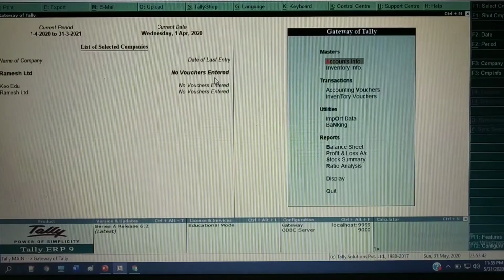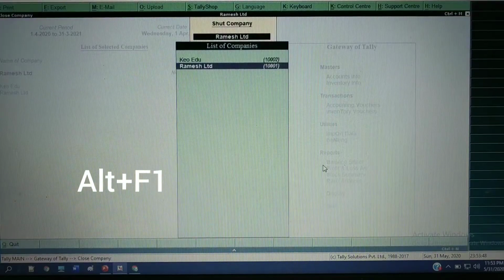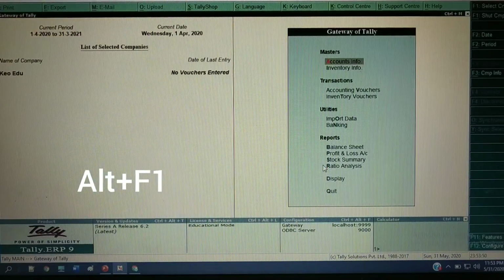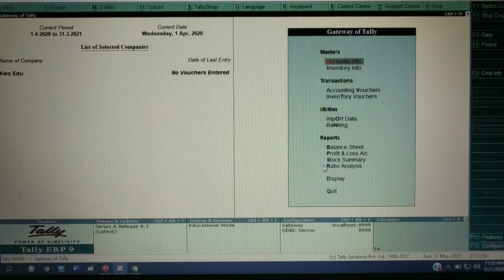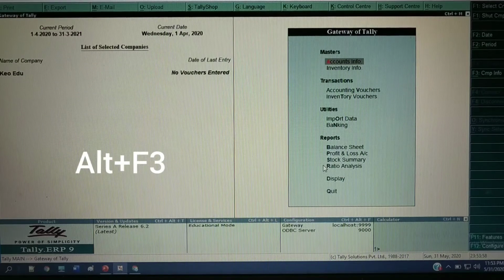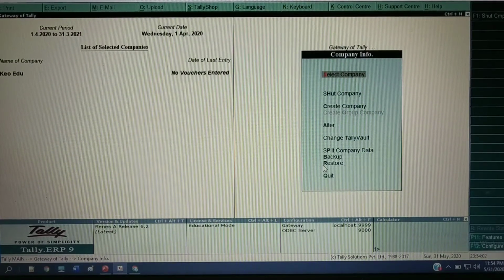And if you want to shut a company, then press Alt F1 to close the company and press enter. Okay, next option: if you want to open Company Info, you can press Alt F3 from your keyboard. That Company Info window will be opened here.